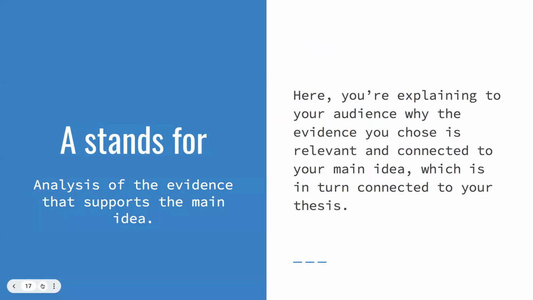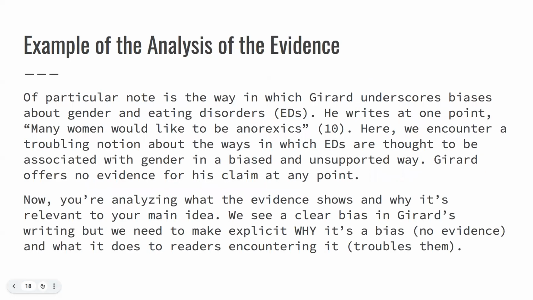So A stands for analysis of the evidence that supports the main idea. Here you're explaining to your audience why the evidence you chose is relevant and connected to your main idea, which in turn is connected to your thesis or hypothesis. So if you have a topic sentence or main idea, such as "of particular note is the way in which Girard underscores biases about gender and eating disorders, or EDs," and then evidence that is, "he writes at one point, quote, 'many women would like to be anorexics,' end quote,"